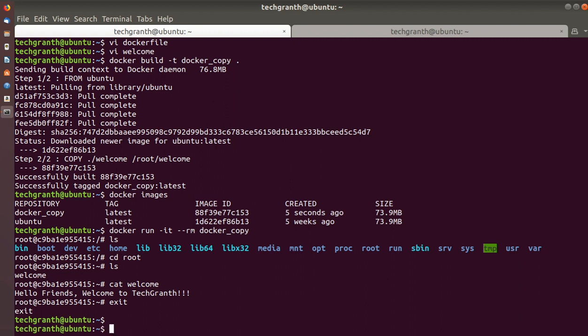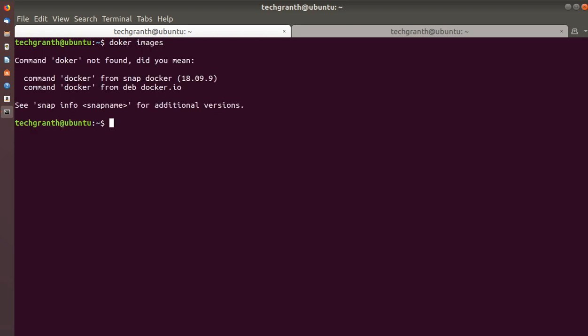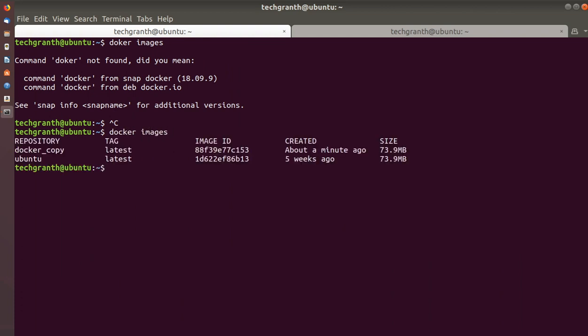Let me clear the screen. docker images. We have this one. Let me show you the command to remove all the images at once: docker rmi -f, then dollar, and within that docker images -a -q.